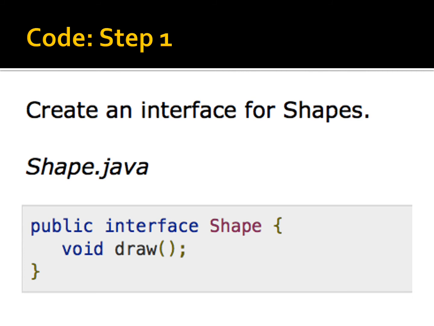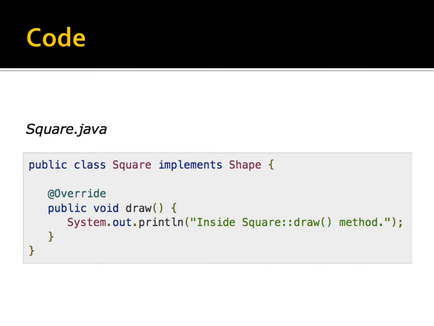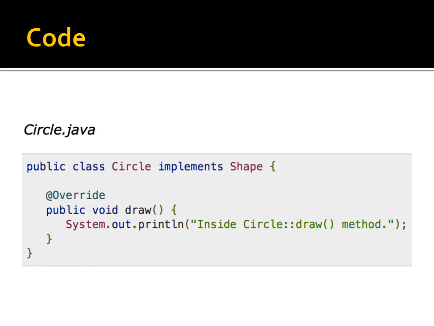The first is the shape interface. It's very simple. Inside this interface we have declared the draw method. Second is the first concrete class of our first product, which is shape in this case, and inside its draw method we can implement or define the draw functionality. This is the second concrete class of our first product, which is shape, and the type is square. You can write its functionality here. Then this is the third concrete class of our first product, which is circle. You can write its concrete functionality here.